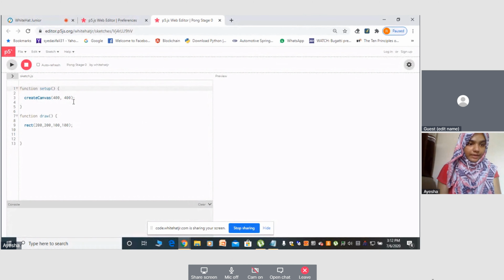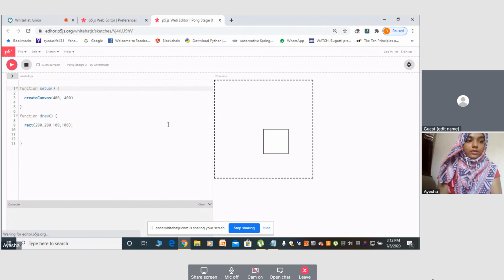Now we are going to build the Pong game. Do you remember the Pong game or shall I show you once? I remember, ma'am. So tell me what would the create canvas instruction mean? We were increasing and decreasing the numbers, ma'am. No. First we created the area. We created a canvas.